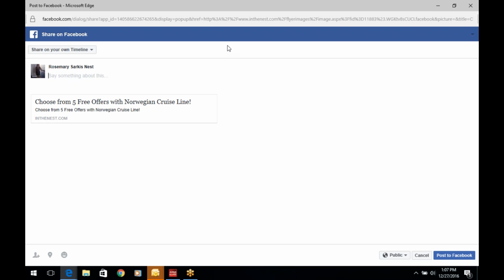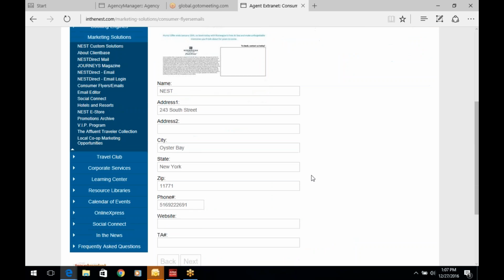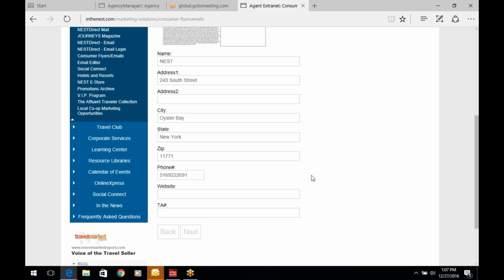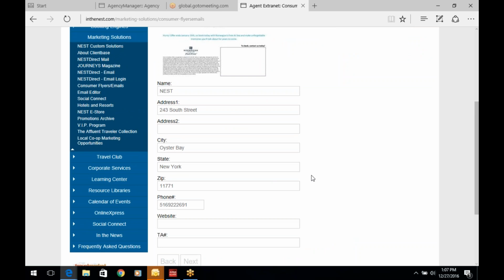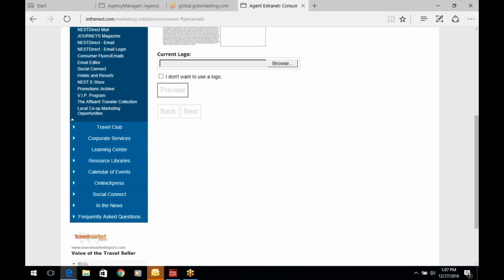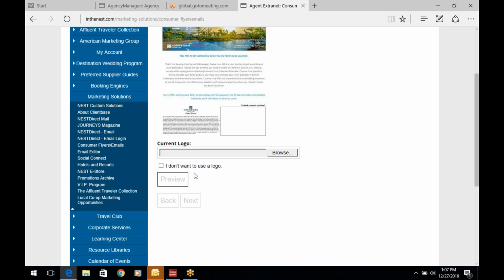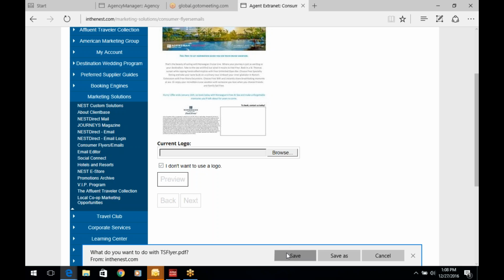Okay. So if they wanted to, they can minimize this so I can go back in and show you how they choose a particular flyer. It's pre-populated with their information. They can change anything they want in here. They can add anything they want. They'll click on next. They'll be able to put in their logo. And if they don't have a logo, they just check off this box. And then when they go to preview, a PDF will open up,